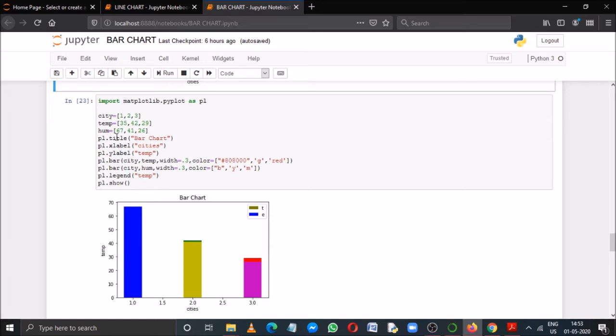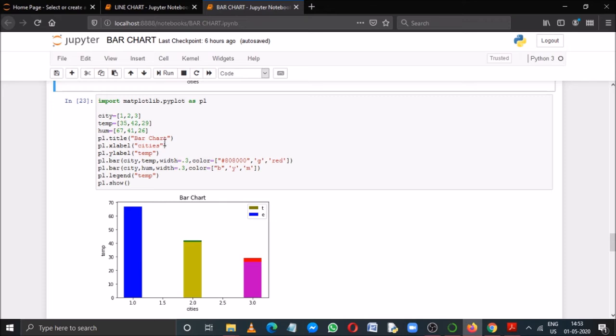Here I took 3 different lists. First one is city and its values are 1, 2 and 3. Then the next one is temperature. I took 3 values: 35, 42 and 29. And for the third list I took humidity. HUM stands for humidity, that is 67, 41 and 26. These are the corresponding values.